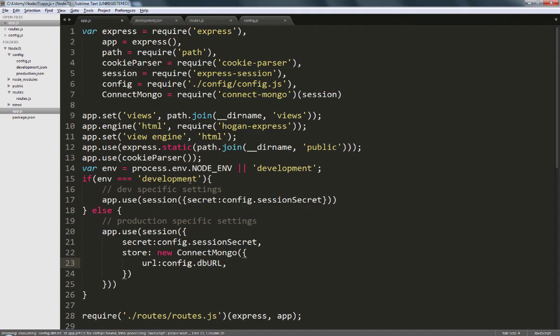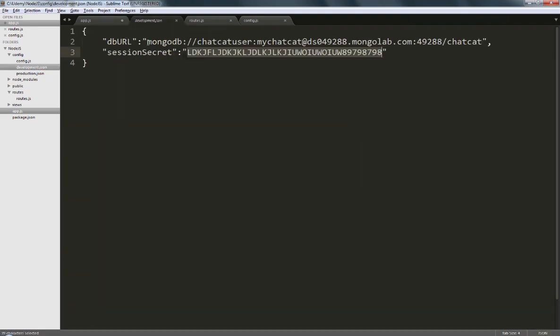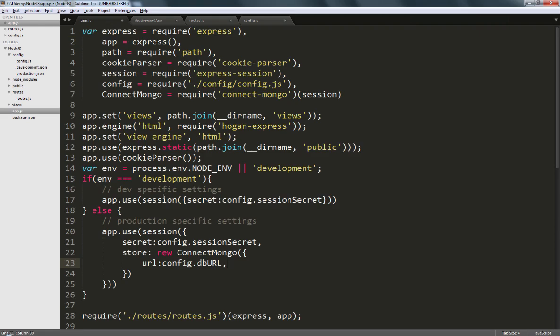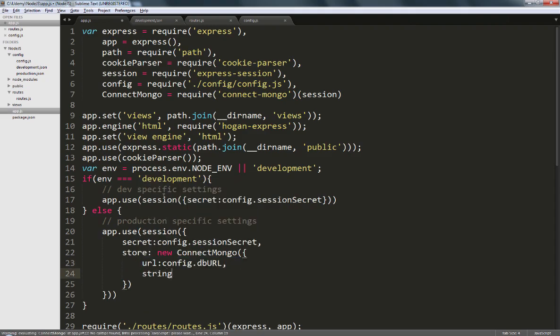This is the string that we had obtained from MongoLab, and this will allow connect-mongo to connect to the database and store the sessions there. Okay, so this is how we can pass in the URL, and finally we'll set an option called stringify to true, so that all the session values are first converted to strings and then stored at MongoLab. Okay, so once you've done this,